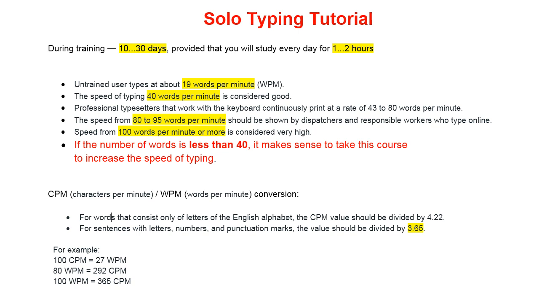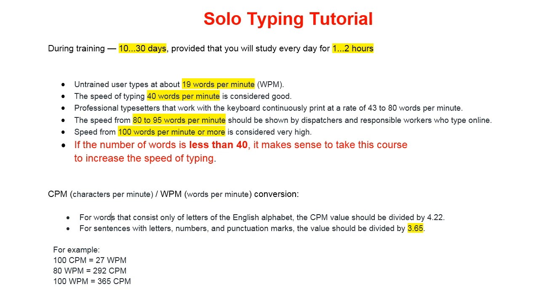A speed from 80 to 95 words should be shown by dispatchers and responsible workers who type online. A speed of 100 words per minute or more is considered very high. In practice, it can be achieved by constant training. You can easily assess your level of training at home or at the office. Type any text in English within 1 minute and count the number of words you have typed. If the number of words is less than 40, it makes sense to take this course to increase the speed